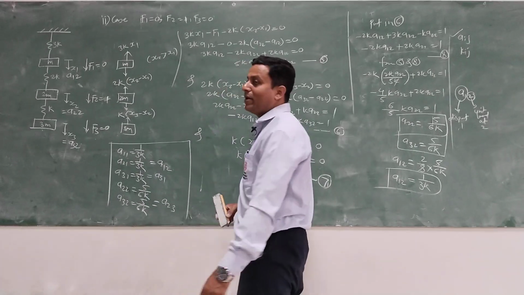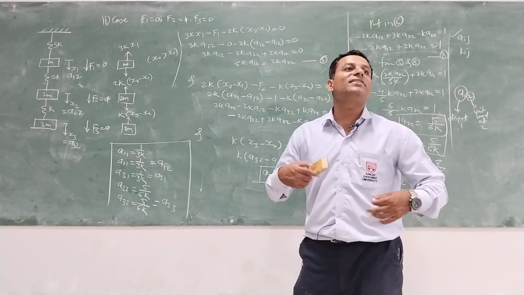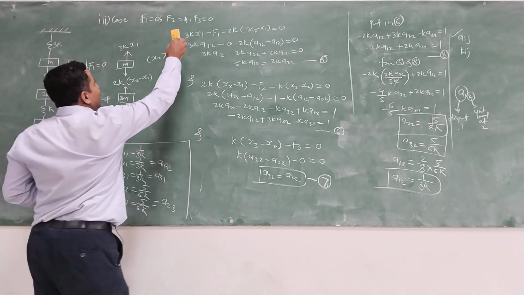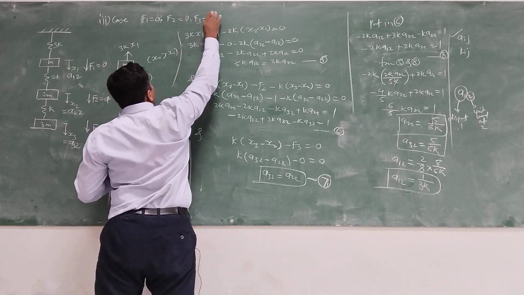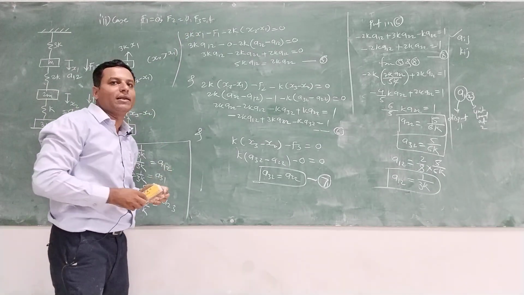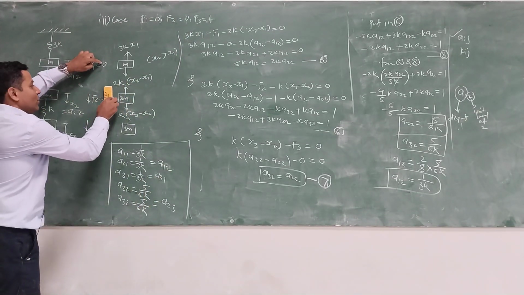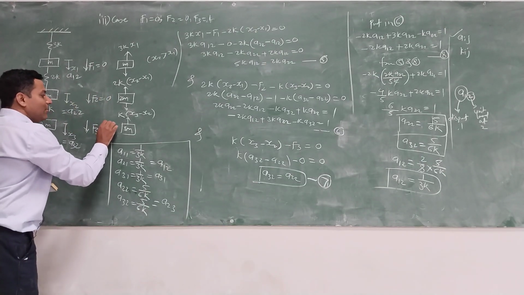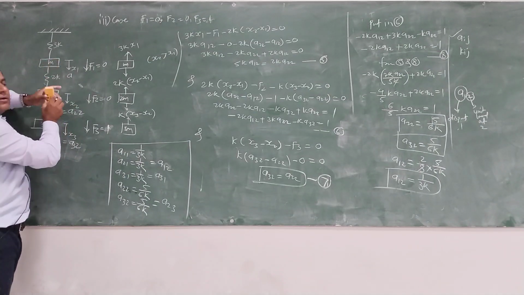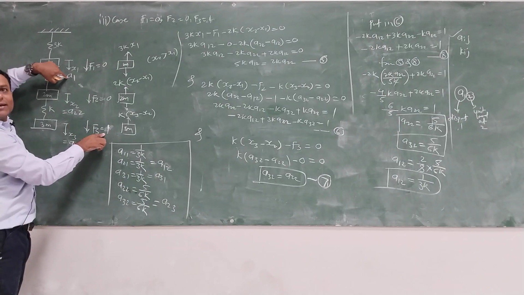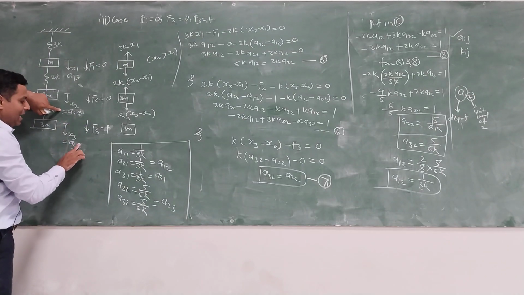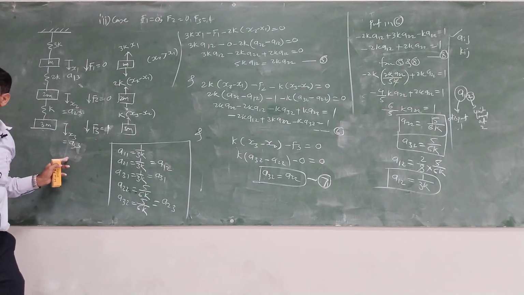So to get A33, we'll have to consider case 3. So I'll consider here case 3. For case 3, instead of taking F2, I'll take F3 is equal to 1. When I'm going to take F3 is equal to 1, here F1 is 0, F2 is 0, and F3 will become 1. So change in X, displacement at 1 due to unit load at 3, displacement at 2 due to unit load at 3, displacement at 3 due to unit load at 3. Okay? Now